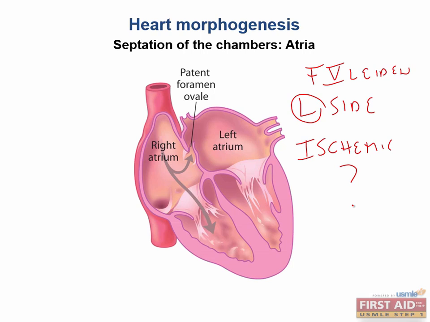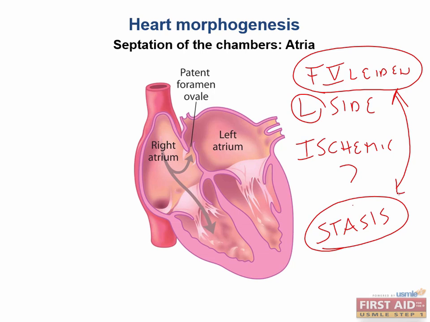This question is kind of a stretch, but it is testing your ability to combine your knowledge of a coagulopathy in factor V Leiden and cardiac embryology. This patient just finished a long flight around the world, which should make you think about leg stasis and Virchow's triad. So when you combine stasis with a coagulopathy like factor V Leiden, this should make you think about a